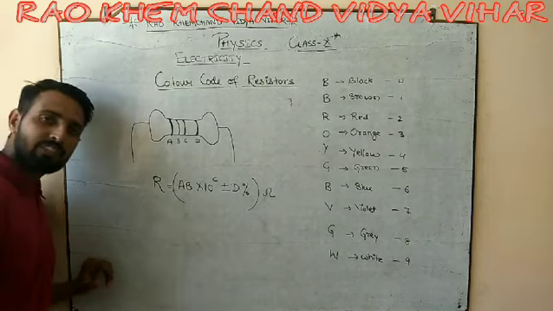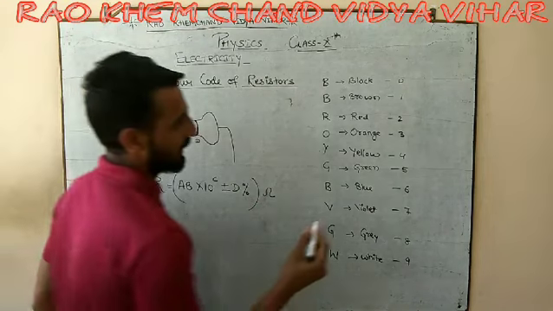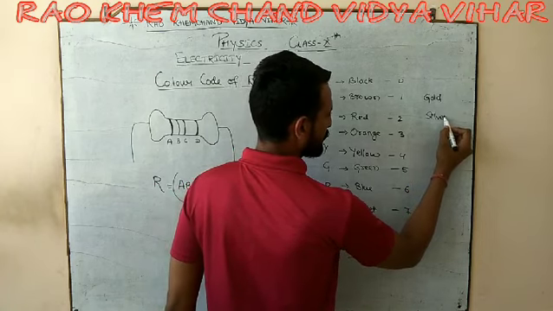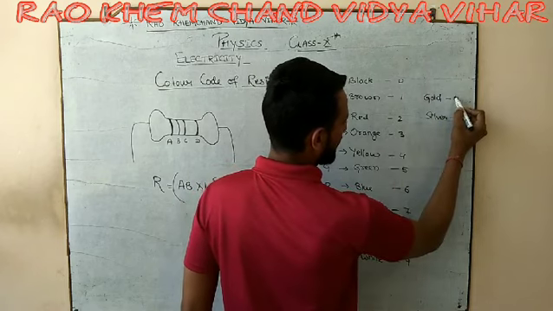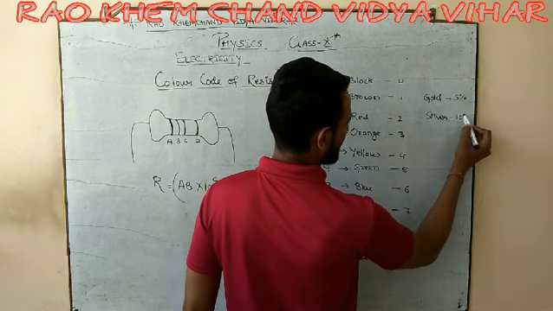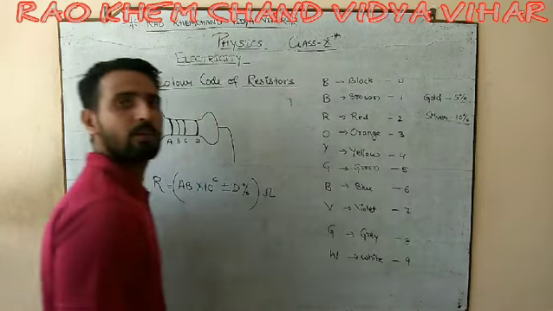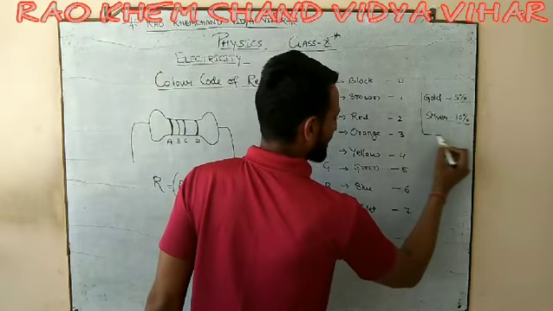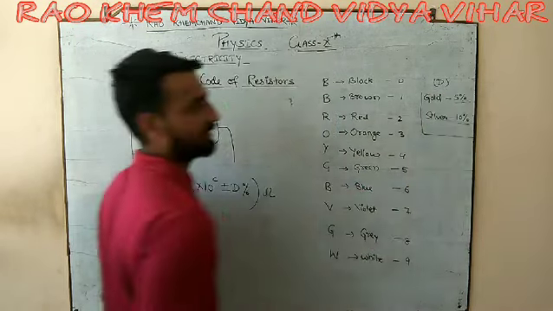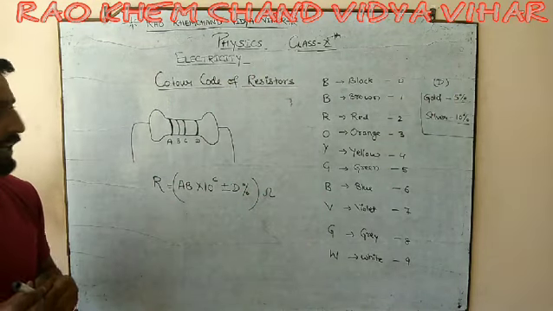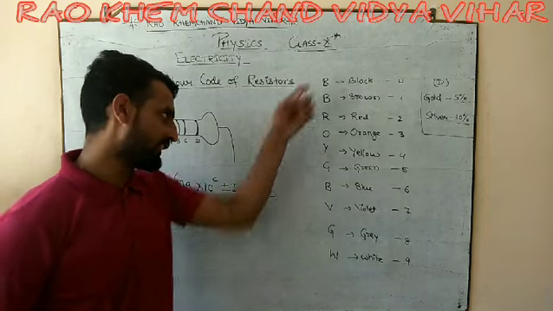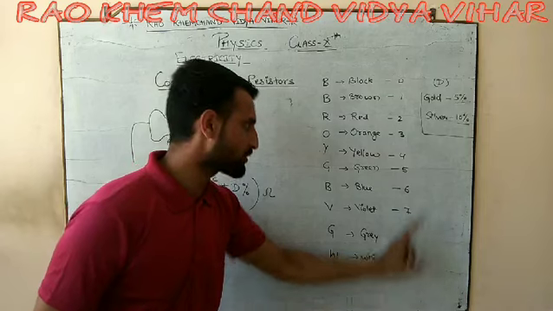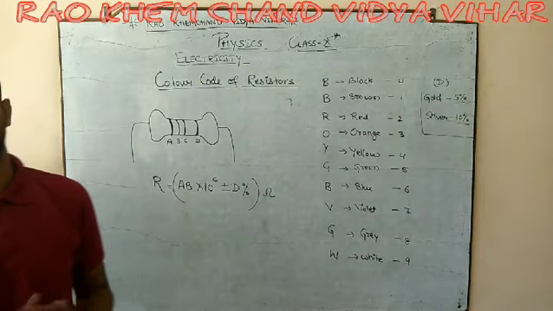Okay, these color stripes we use, but apart from that there are some more color stripes like gold and silver. Gold means 5% and silver means 10%. So this D is always being used as a percent. So gold and silver can be used to make the D stripe. तो वो हमेशा आपका D stripe होगा. Rest of the stripes A, B or C can be out of these colors. So here we have the 10 colors with the respective codes, and the D can be gold or silver.